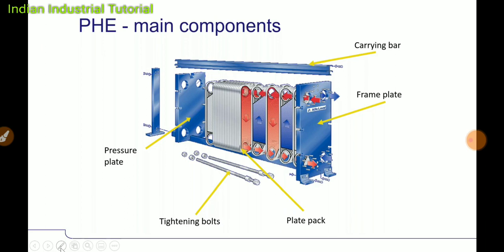You can visualize this and avoid mistakes while you are ordering material. End plate doesn't mean the pressure plate. The pressure plate is of MS, and the frame plate is also MS or EN9 material. But inside, the plates have different material, titanium or HLIC or stainless steel most of the time. The last plate of stainless steel is called the end plate.